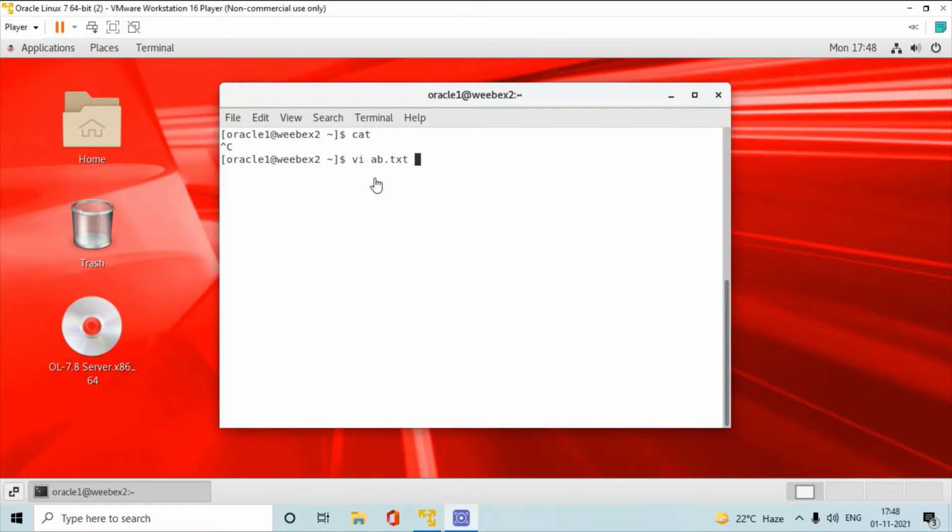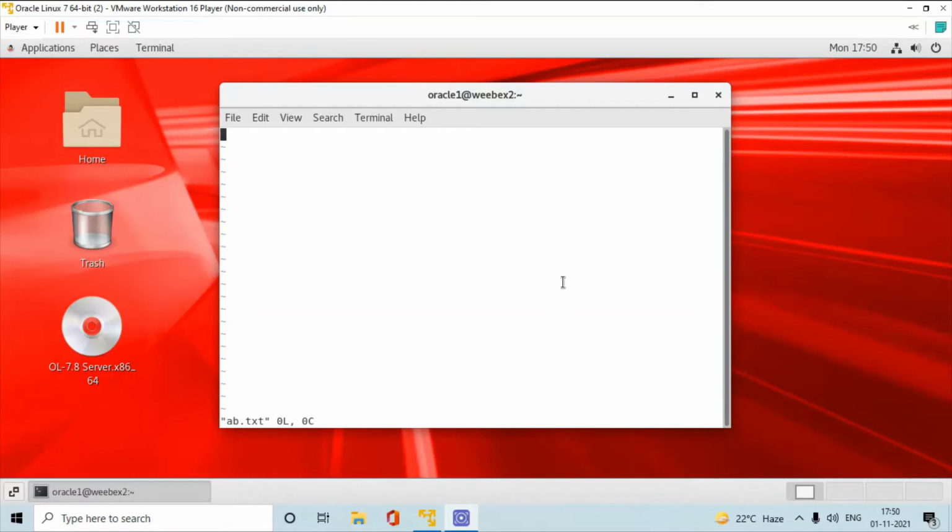vi is an editor, like Notepad in Windows. Here in Linux we use vi to write and edit any content. Once you enter, it will show like this. Once it opens, you enter some text in the abc.txt document.